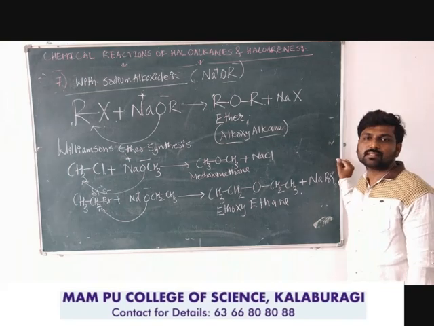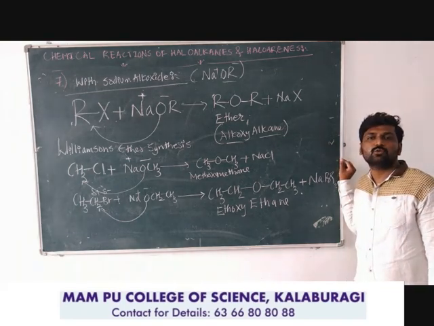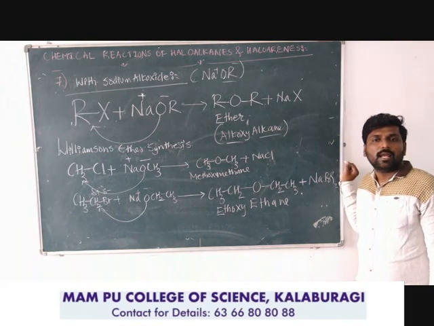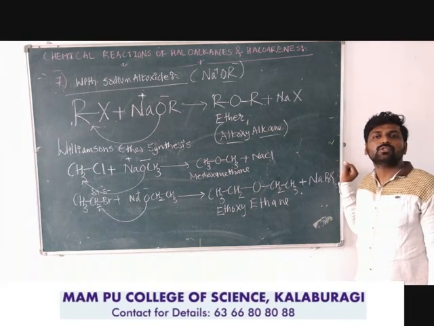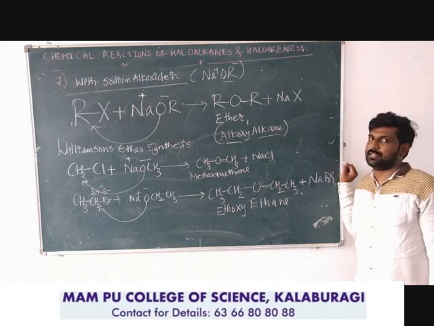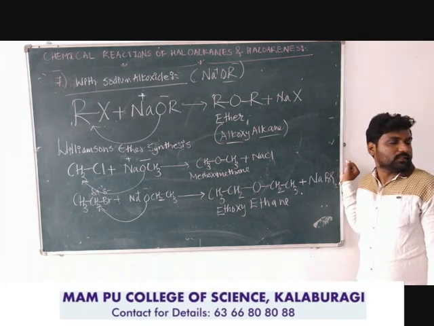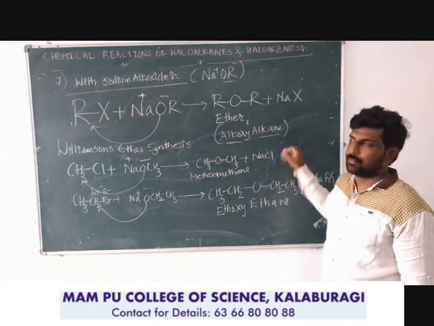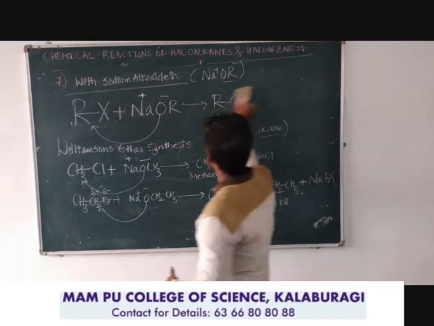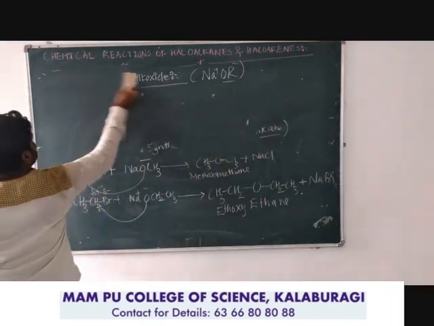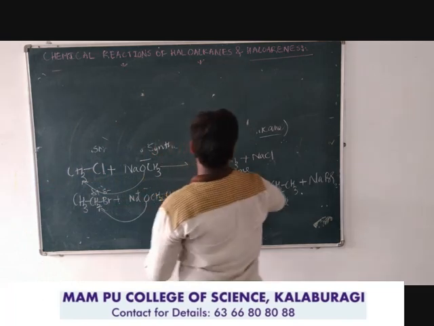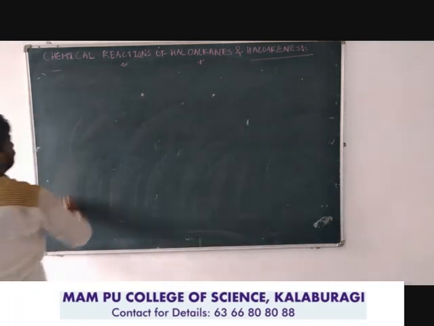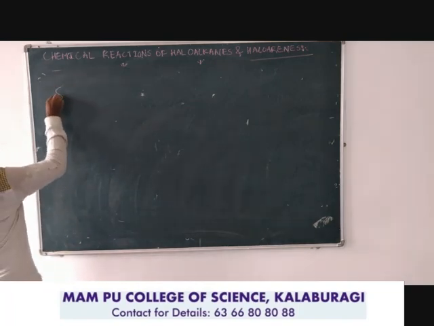What is Williamson ether synthesis? It is one of the nucleophilic substitution reactions of alkyl halide with sodium alkoxide. That is, when alkyl halide is heated with sodium alkoxide, it undergoes nucleophilic substitution reaction to form ether. If you have ether, then we name it as an alkoxyalkane according to the IUPAC system. The last reagent for the nucleophilic substitution reaction is silver salts of carboxylic acid. The last eighth reagent is